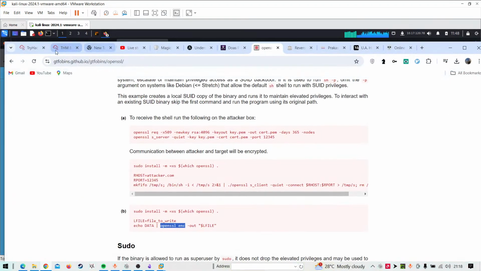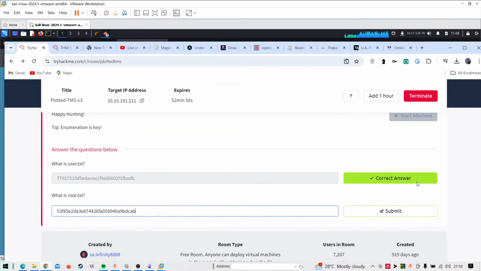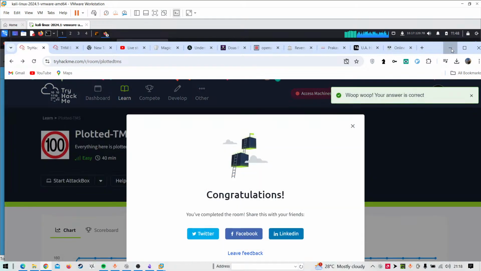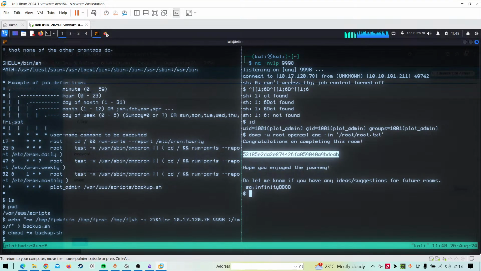I just keep messing up the things, but we're finally here. But I want to know, once I reach this point, since I can write this stuff, I can see if there is any root user running a cron job. So there is not any cron job root is running.